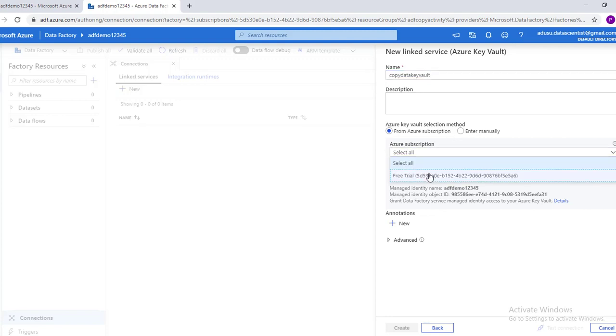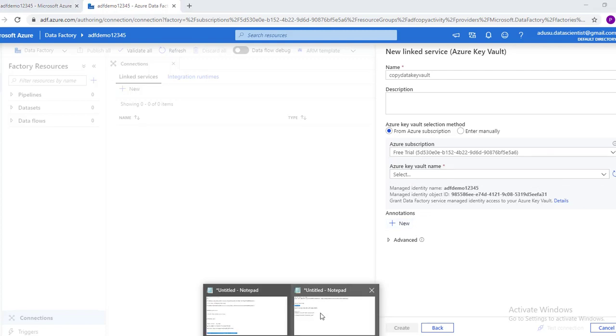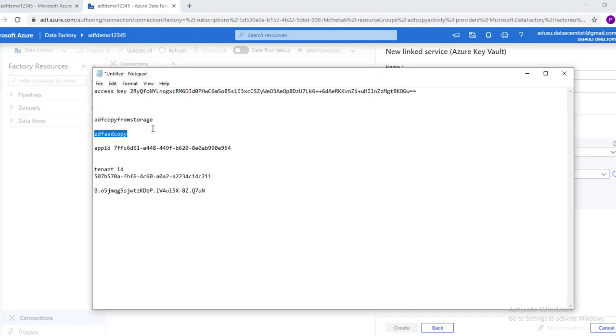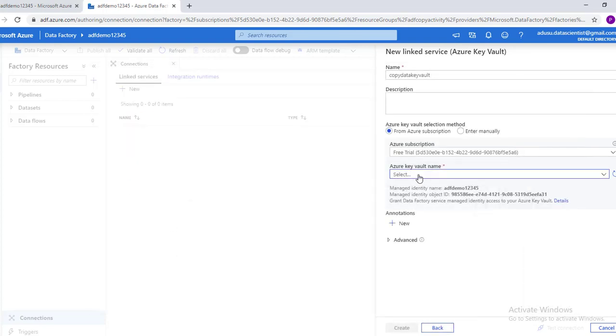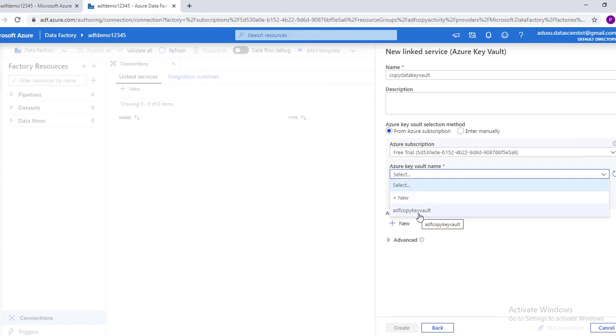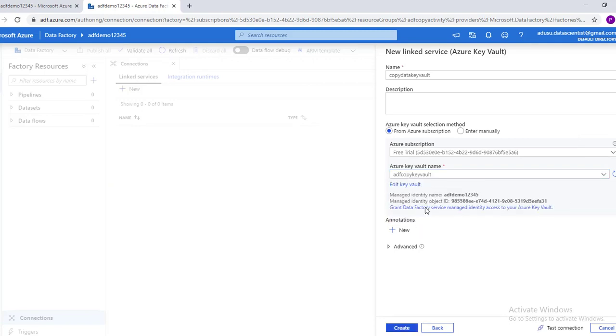Here we will see copy data, Key Vault. So here we'll select Azure subscription. So what's the Key Vault name? That's a secret name, this one. This is the Key Vault name, test connection.